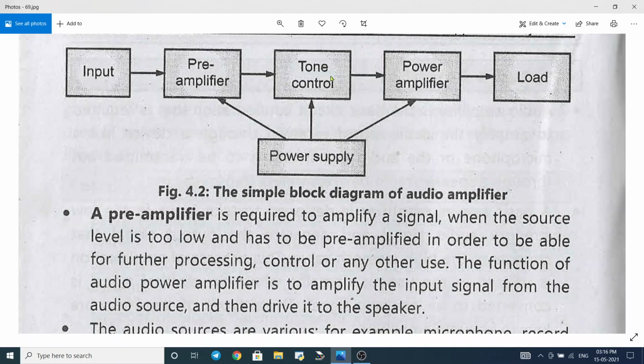There is a tone control. The tone control is a circuitry to adjust the sound level as per the loudspeakers used, the type of loudspeaker, their size, their numbers, number of audience, size of the hall, etc. That is in order to listen to a pleasant sound. This tone control circuitry is used,